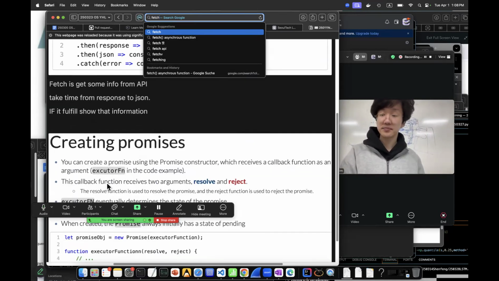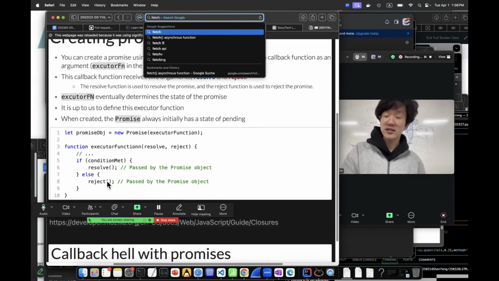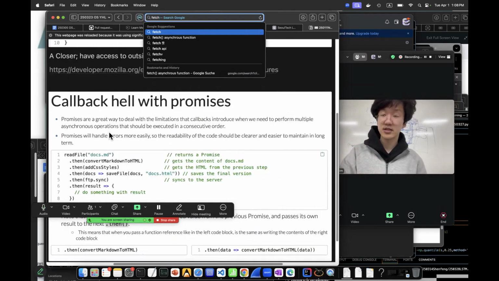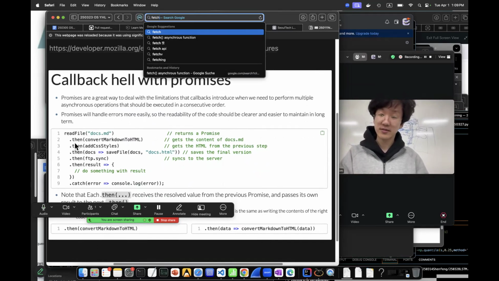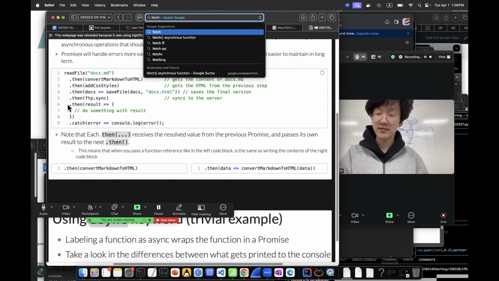If we create a promise, then it's an object, so we can make it like this, and in the object we can put functions, resolve or reject. If the conditions are met, we pass it with resolve, and reject is passed by the promise object. Or we can solve it with fetch and .then.